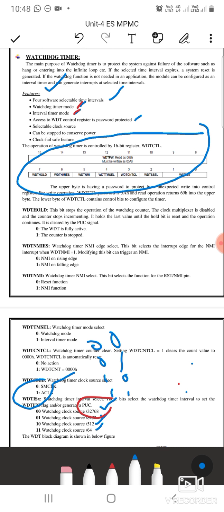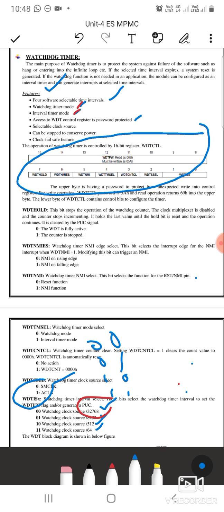If you want to configure and control your watchdog timer, you do that through its control register. By setting some bits, you can select the clock source, reset your counter, select the timer intervals, or stop your watchdog timer. So different functions can be performed through the watchdog timer control register.